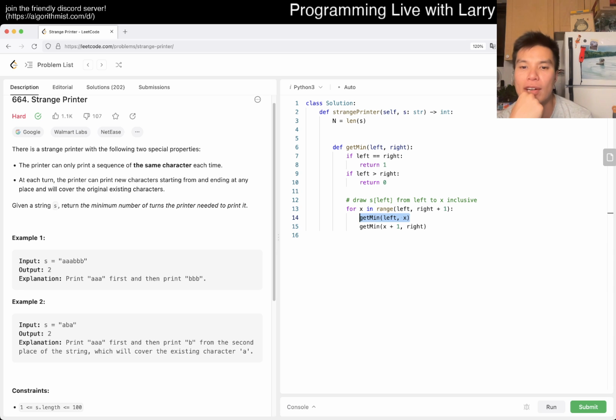Well, I think one thing to realize is that you only want to draw it to X if they're the same color. I mean, you don't have to, but I think that maybe is a good optimization, right? Man, this is hard though. Do I want to do that? Do I need to do that? So basically, if s of left is equal to s of x, then